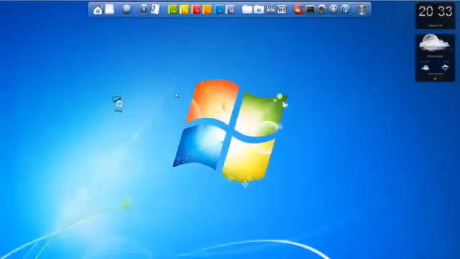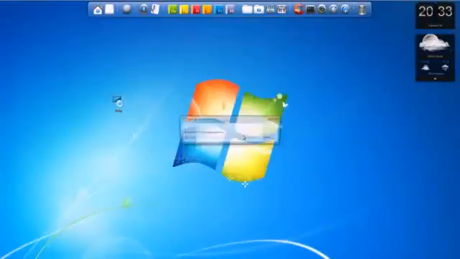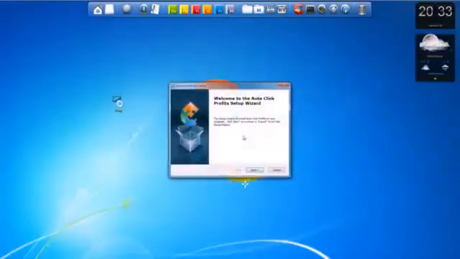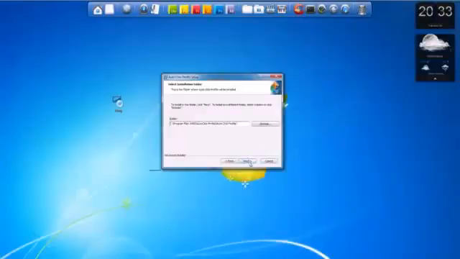Now moving on to the installation of the program itself. On my desktop you can see a setup file, which is the actual setup for AutoClicks Profit. If you double click on the file and click Run, the file will start. As you can see here, we have the first box of the installation. If you just click Next, you'll move on to the second screen of choosing where it will be installed on